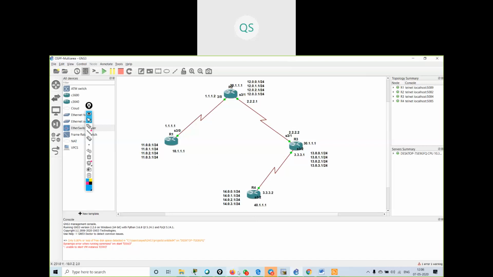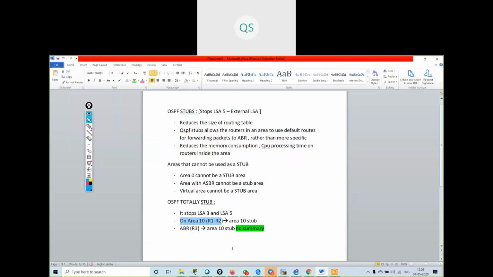Now the next one is OSPF not so stubby area. You can say NSSA. NSSA, not so stubby area. Okay. What is this not so stubby area?